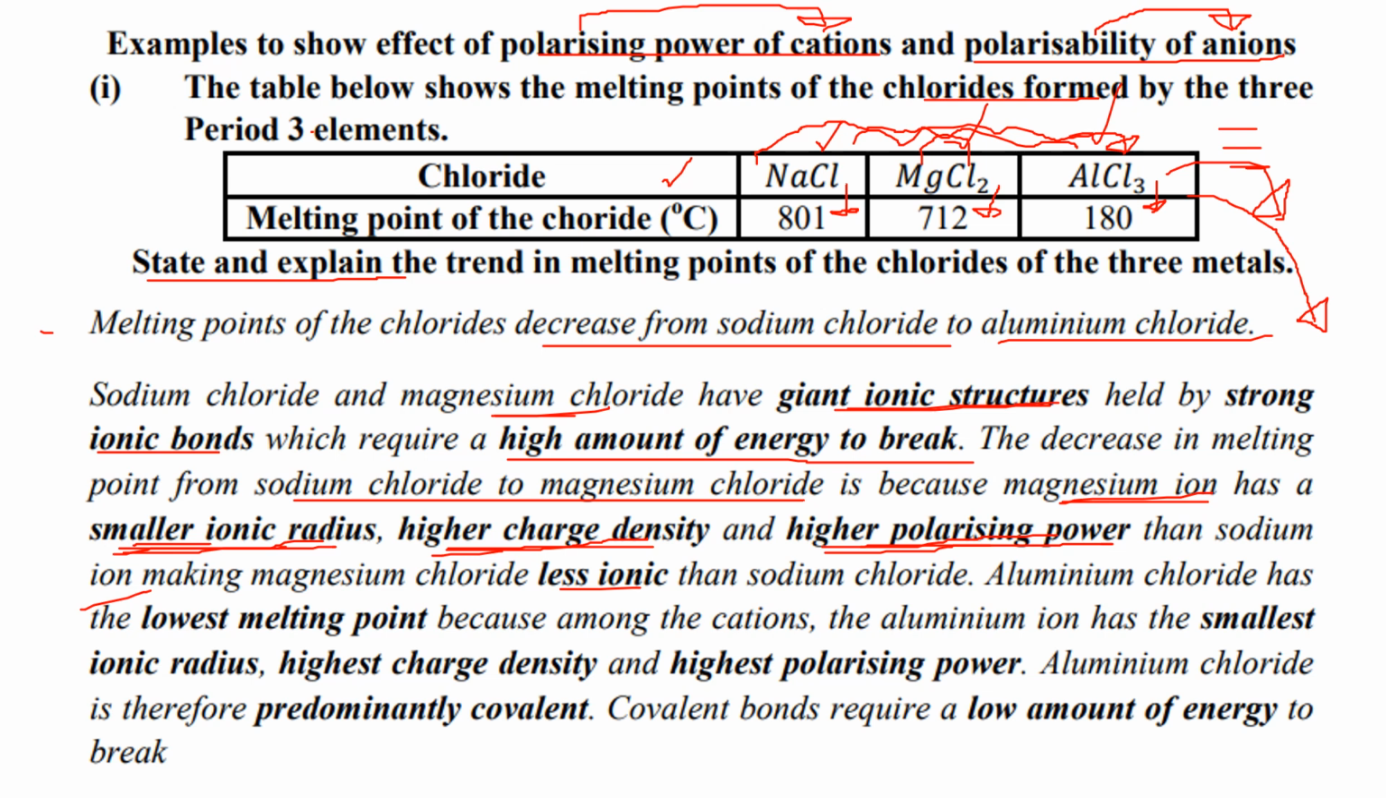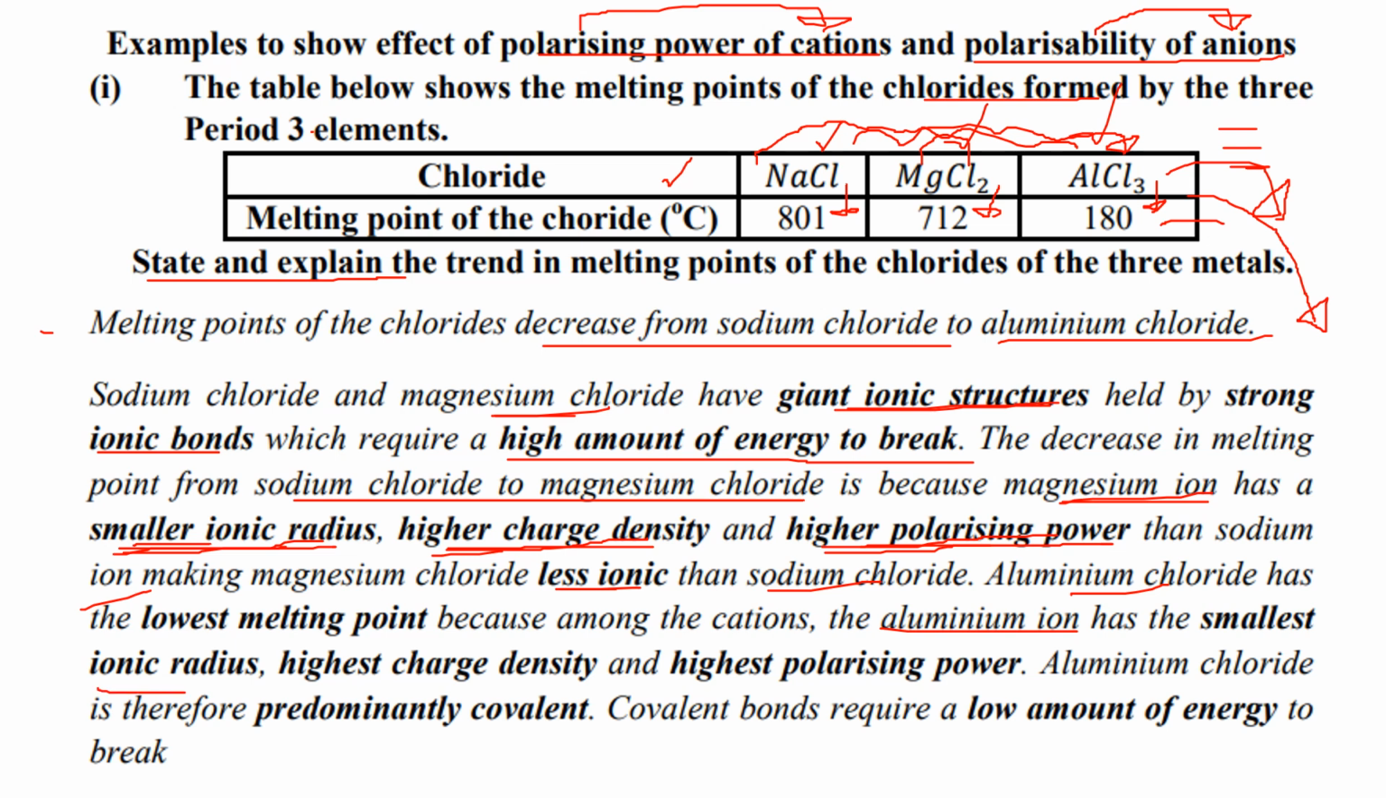The more polarizing power that is present by the given cation in an ionic compound, the lower is the strength of the ionic bonds. So magnesium chloride is going to be less ionic as compared to sodium chloride. And if you are to also compare aluminum chloride, it has the lowest, because the cation, which is going to be the aluminum ion in aluminum chloride, has the smallest